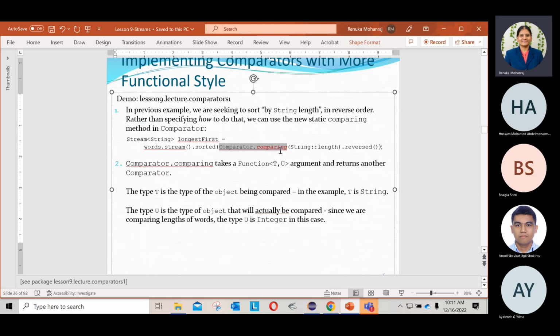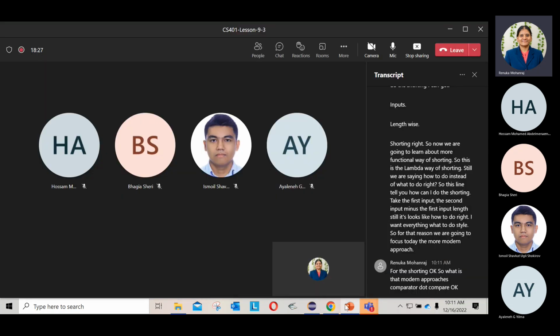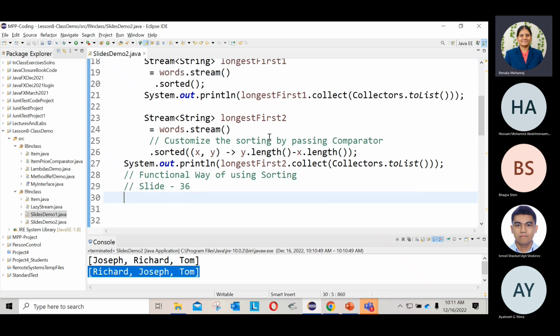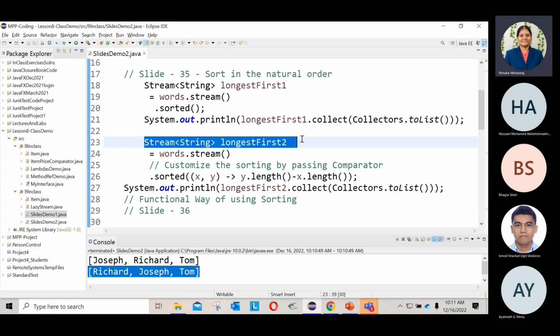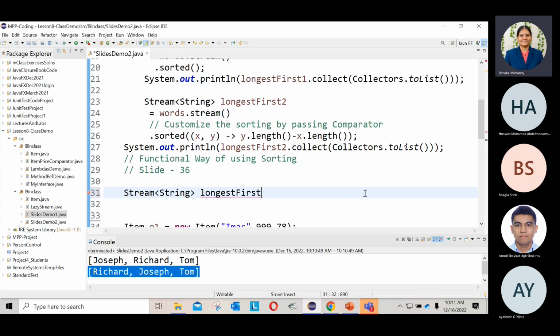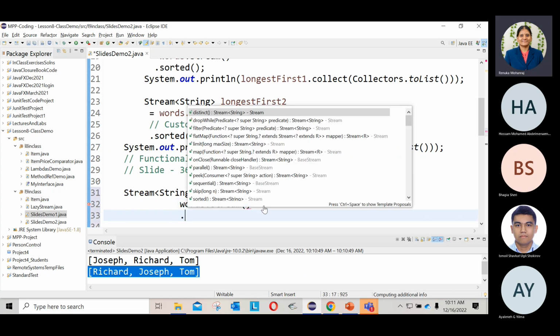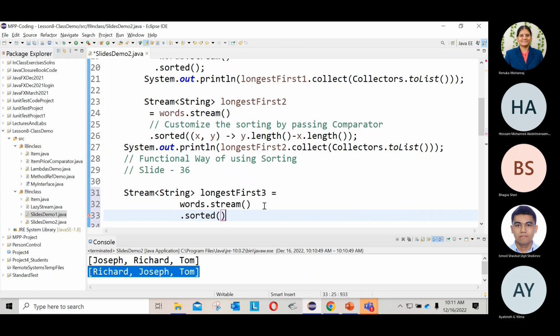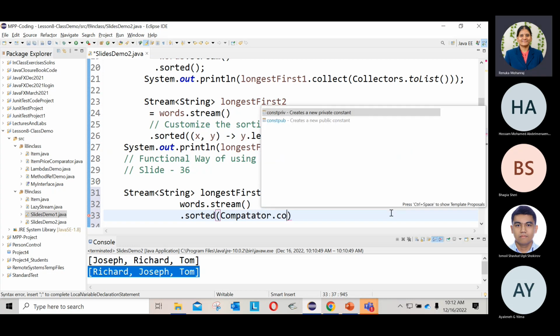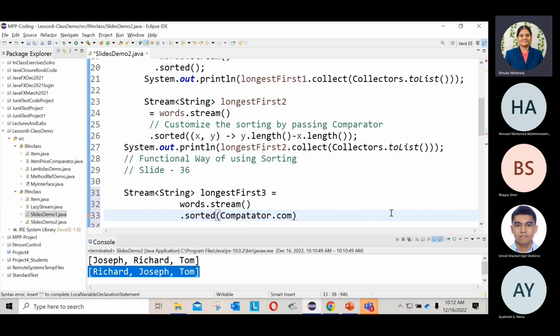Okay. So what is that modern approach? Comparator.comparing. Inside the sort method, the modern approach, this is your collection. So let's do the stream: longestFirst3 is equal to, first thing is create a stream, words.stream. Then we do sorted, and inside this argument we have a method called Comparator. So the modern style is Comparator.comparing. Spelling mistake, sorry. Comparator dot